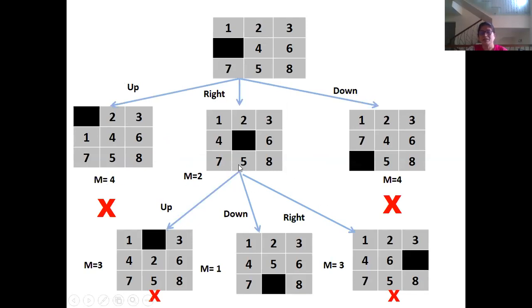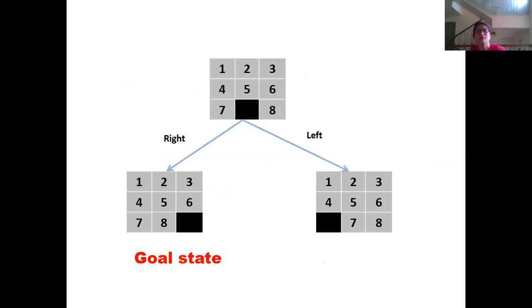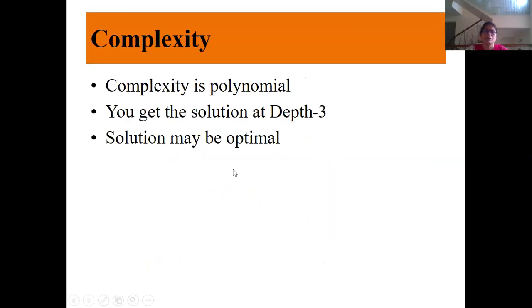And another thing, in case of state space search, you get the solutions either in the form of a graph or in the form of a tree. Here what you're observing is a search tree. I'm sure it is clear. Now, in case of informed search, the complexity is polynomial because you are not searching the whole solution space. Only the part of the solution search space is expanded depending on the heuristic function.